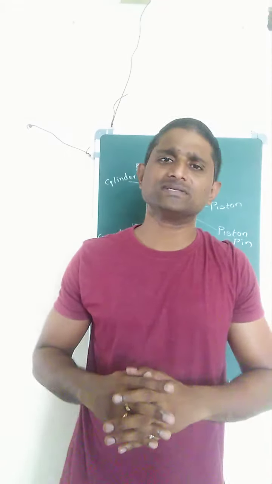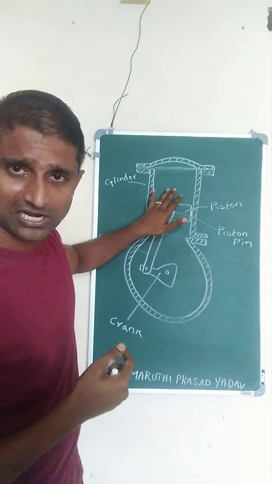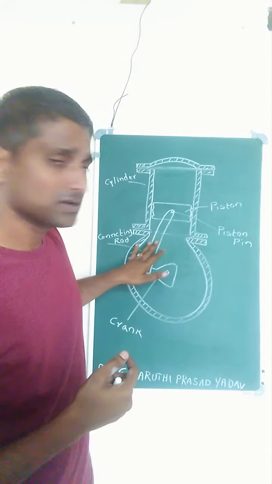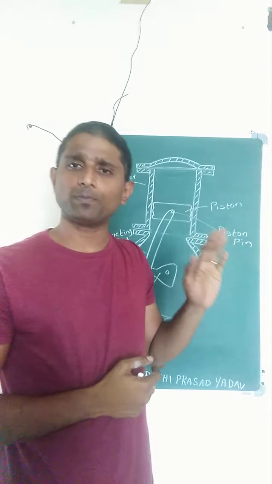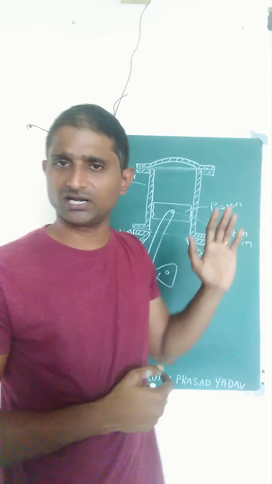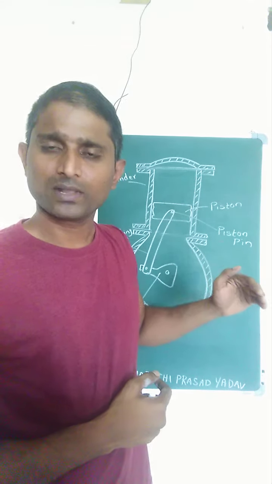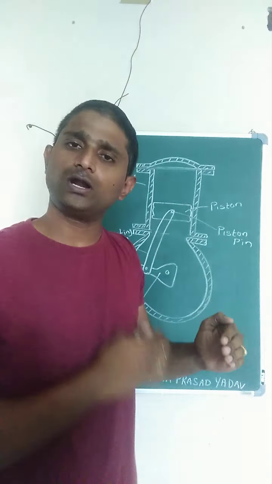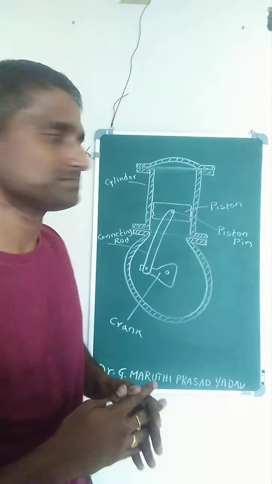So this is what happens in the engine, and here the primary parts are, as I said, cylinder, piston, connecting rod, and crank. These are the important parts in the combustion process of an engine. Therefore we need to look at the design of each and every part in the same sequence: start with the cylinder, then design of the piston, followed by design of the connecting rod, and finally design of the crank and crankshaft.